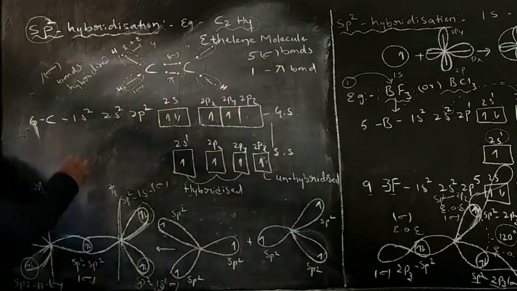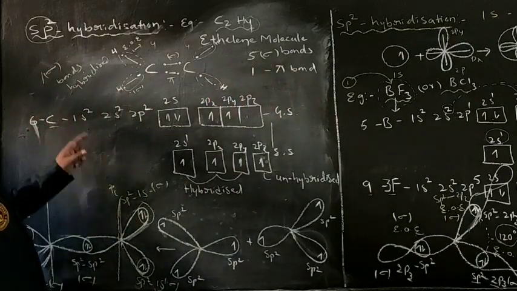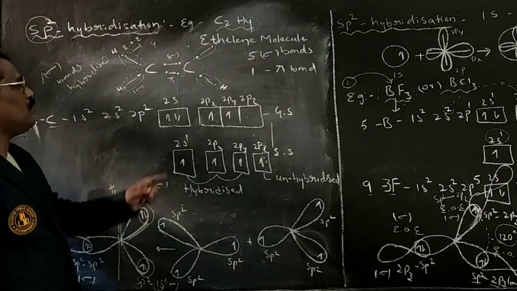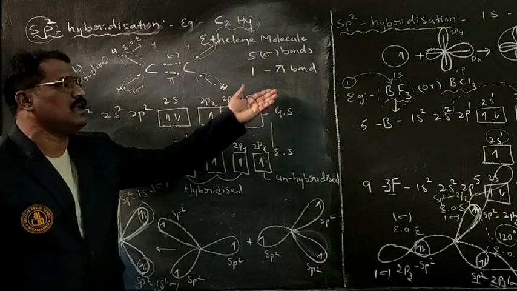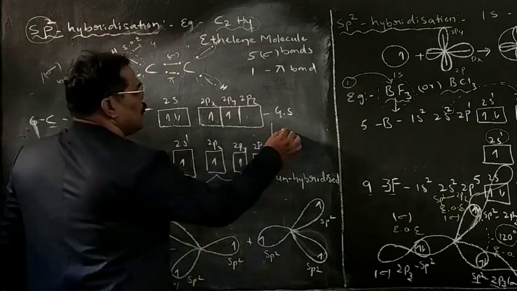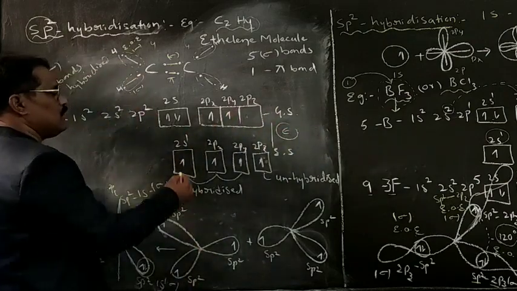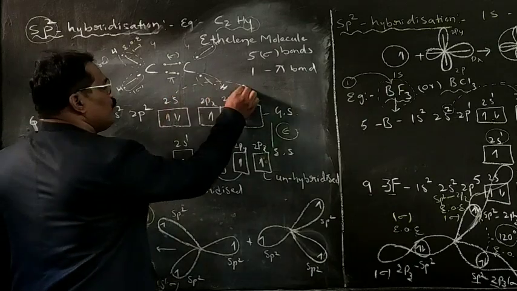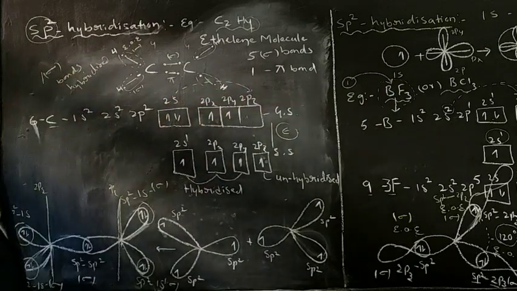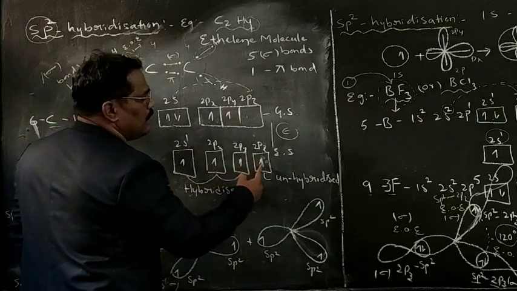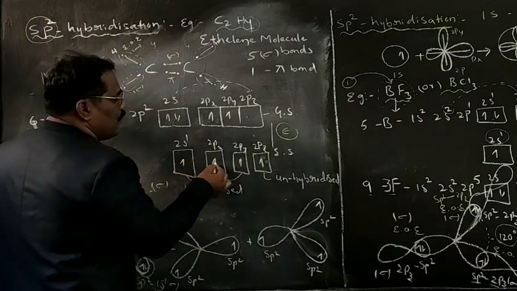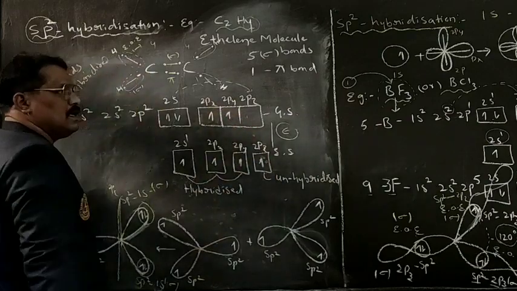So if I take the carbon element, whose configuration is 1s2, 2s2, 2p2, the 2s orbital has 2 electrons, and 2px, 2py are in the ground state. By applying a certain quantity of energy, we bring it to the excited state. One electron from 2s will enter into 2pz, such that 2s1, 2px1, 2py1, 2pz1. In that way, 4 individual electrons exist.